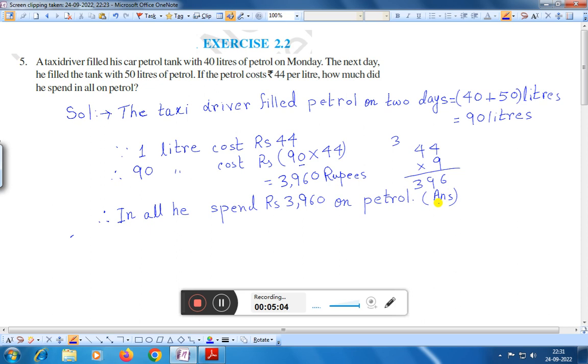Again I am repeating. The taxi driver filled petrol on 2 days, that is Monday and Tuesday, 40 liters on Monday and 50 liters on Tuesday. Therefore 40 plus 50 is equal to 90 liters. And it is given that 1 liter of petrol costs rupees 44. Therefore 90 liters cost rupees 90 into 44. Therefore 3960 rupees. That means in all he spent rupees